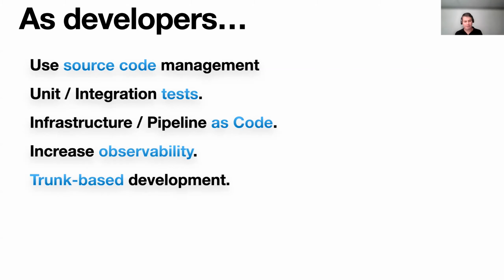You want to deploy a feature, and you say, okay, it's a big feature. How do you do that? Well, you have to slice it in small chunks. You notice perhaps at the beginning that for this feature to work, I need to do some refactoring. While you do the refactoring, you deploy. You see everything works. Okay, now the next thing, I have to add this and this and this service in my production environment. You do that, everything works. Next step. So you do this small step, always very small steps, and this is enabled by trunk-based development. So these are some of the things you can do as developers.